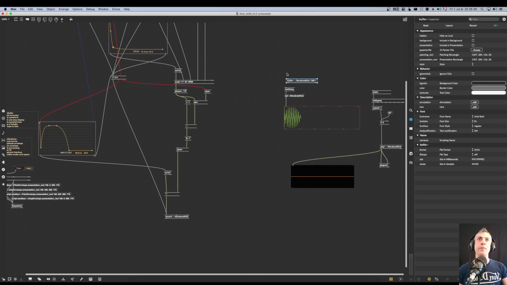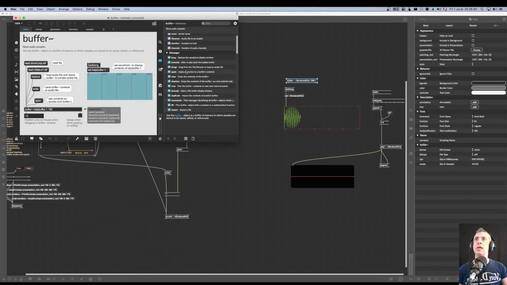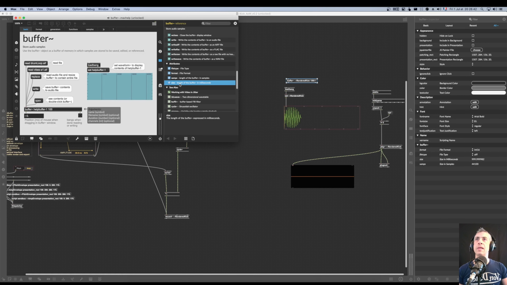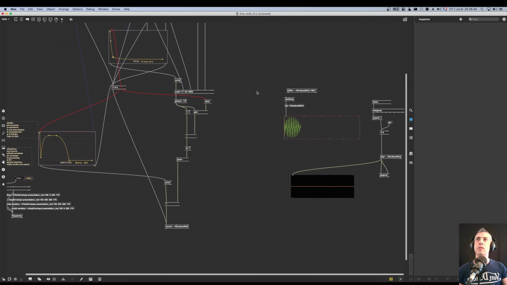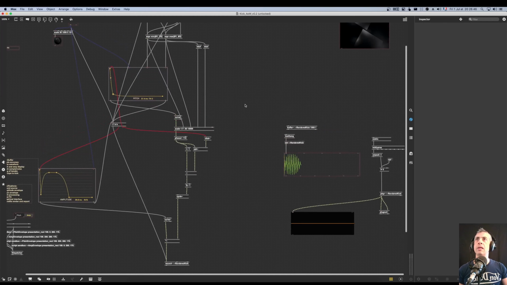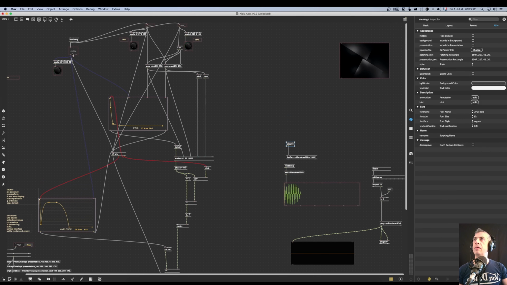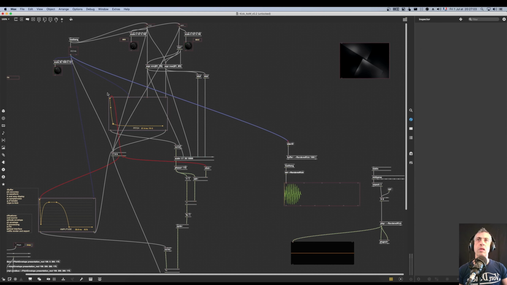So size, I think, would be the message. Yeah, size. So I'm gonna send a size message with the keyword $1 if I change my duration, like so. This way,